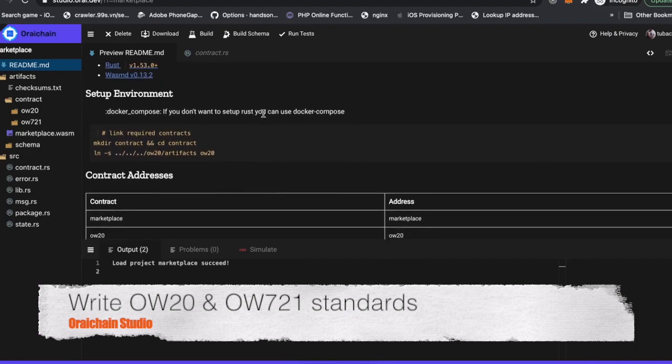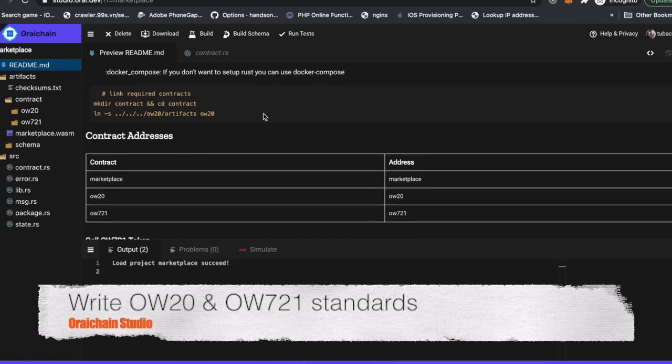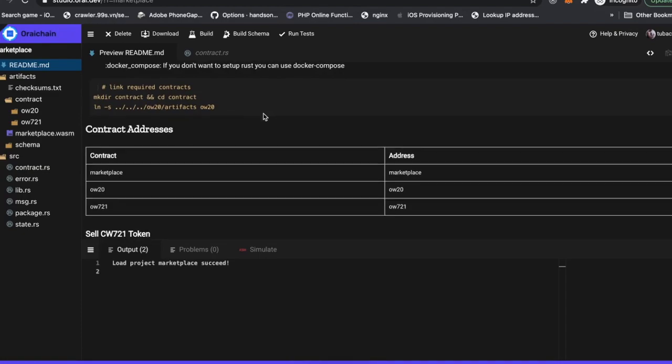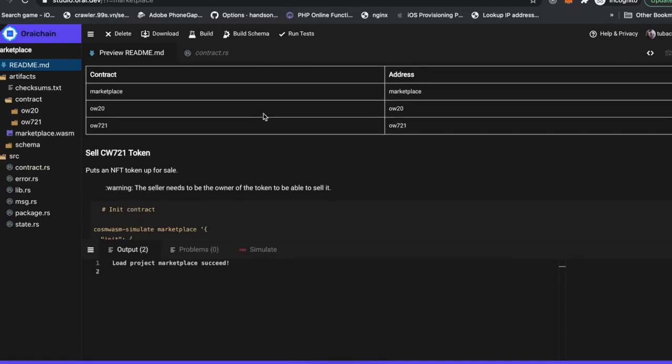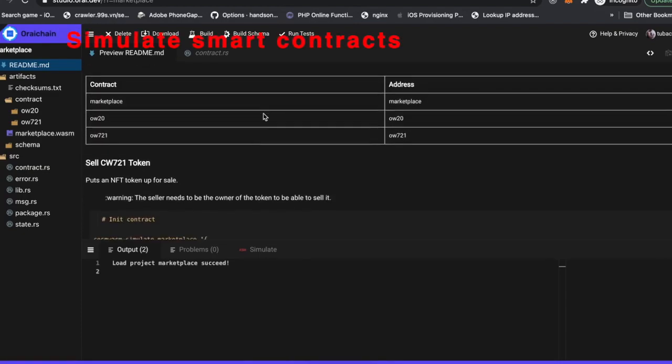Actually, they are similar to the smart contracts on Ethereum called ERC20 and ERC721. Yeah, they are quite equivalent. And here we go.